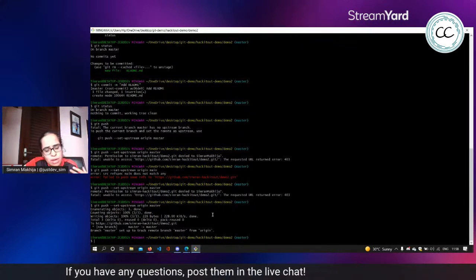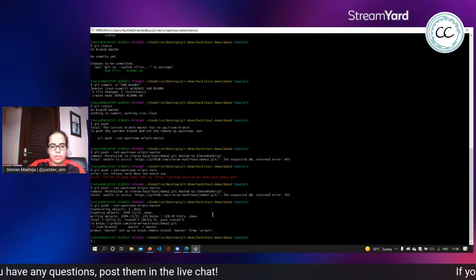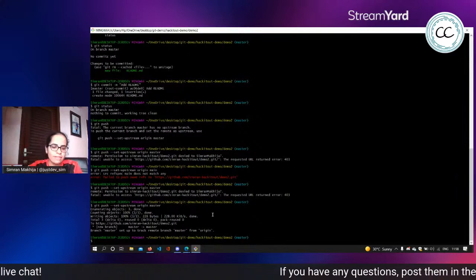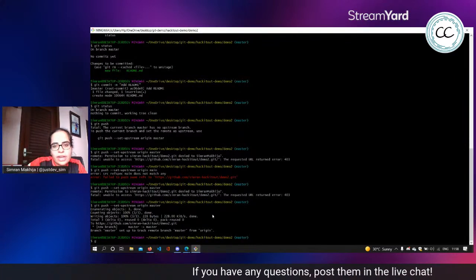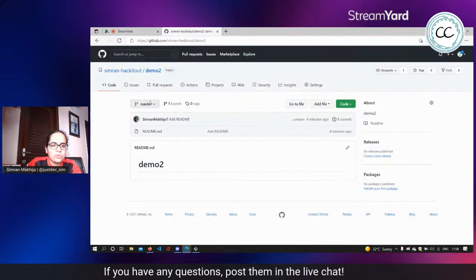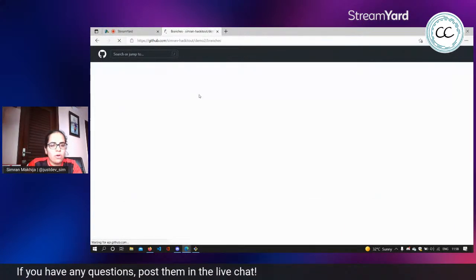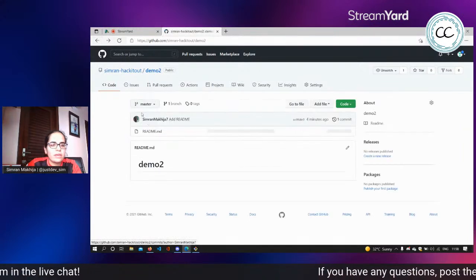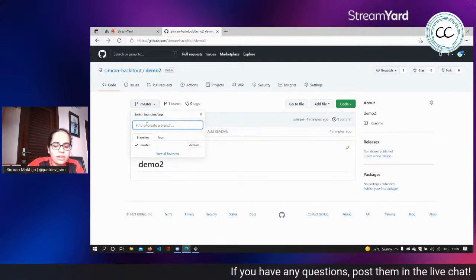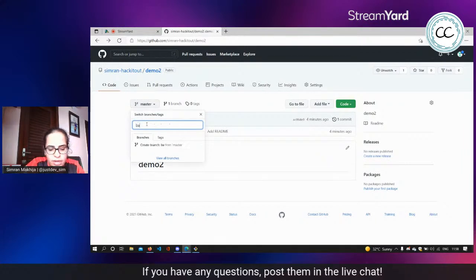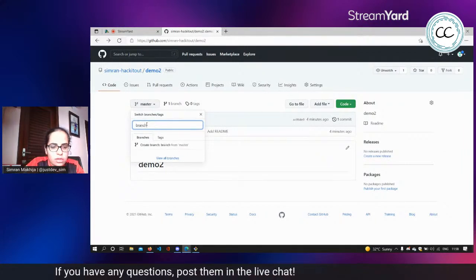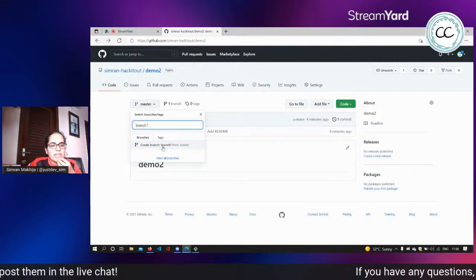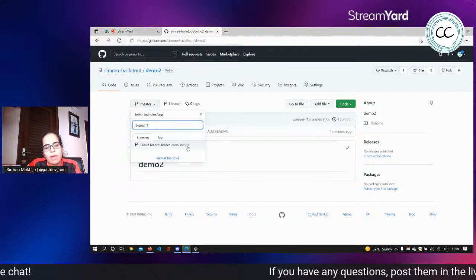A few more useful commands that I referred to earlier was about being able to create various branches. So to create branches, again, there are two ways. You could do something here, view all branches, and you'd see there's just master. I go back here, you have find or create a branch. So if I try to create branch one, and there isn't a branch now from master, it says create branch one from master.